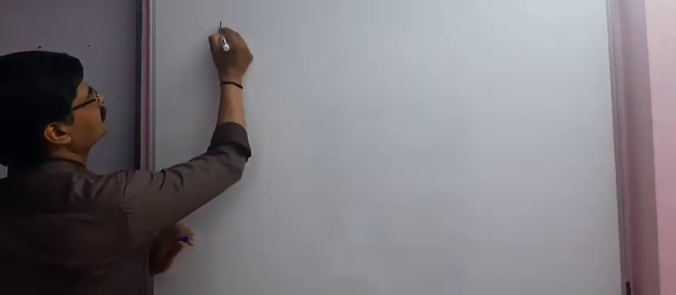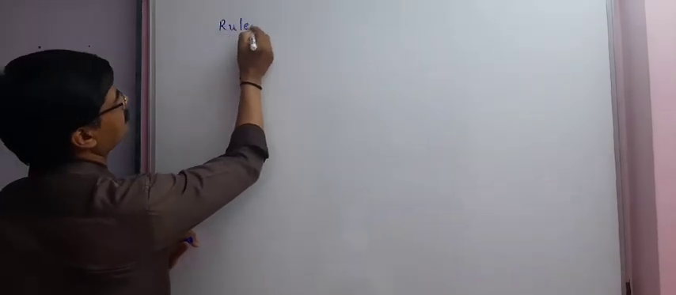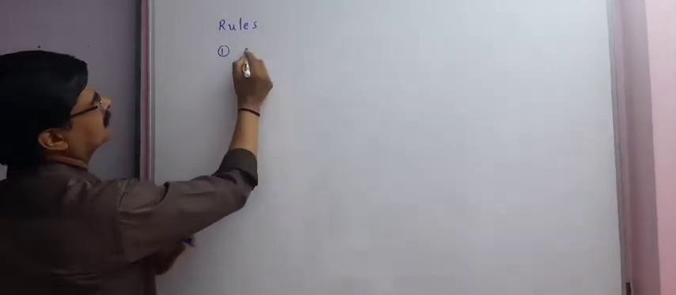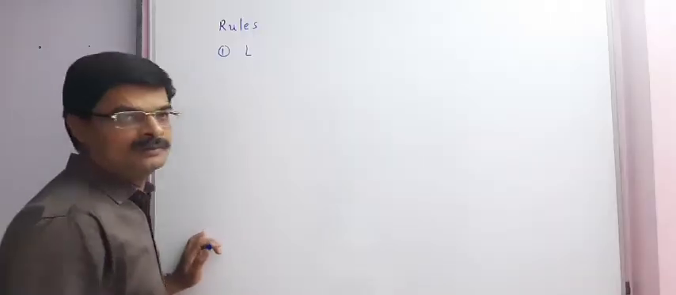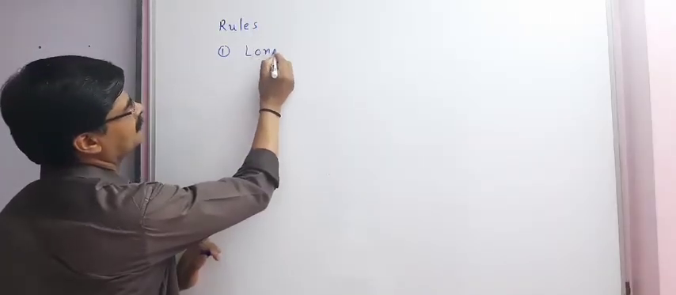In this lecture, we will study the rules for IUPAC nomenclature of organic compounds containing carbon and hydrogens. Rule number 1: deciding the longest chain